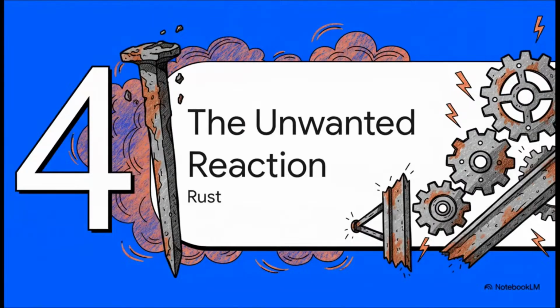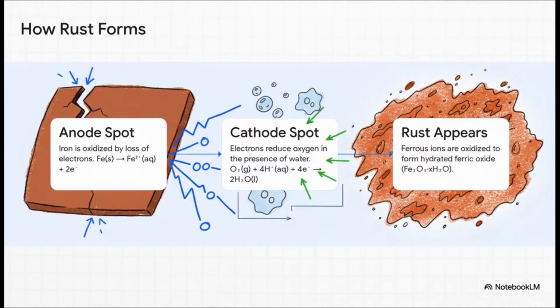All right, let's bring this whole story full circle. Remember that rusty nail from the very beginning? We've seen how electrochemistry can power our phones and build entire industries. But now, we're going to see how that exact same process, when it happens uncontrolled and unwanted, can destroy those very things. This is so fascinating to me. A single piece of rusting iron is actually home to millions of tiny, short-circuited electrochemical cells. It's wild. On a microscopic level, certain spots on the iron, maybe where there's a dent or an impurity, they